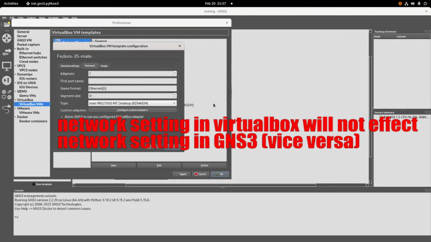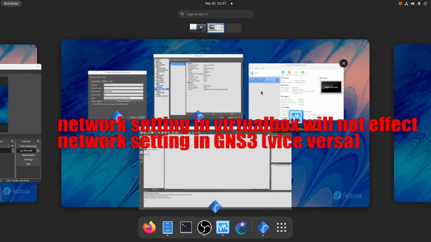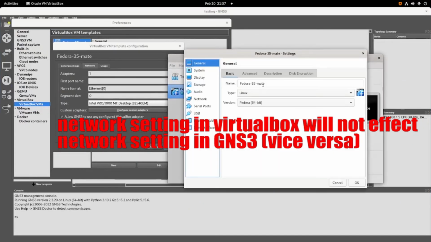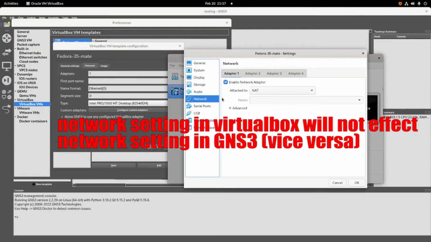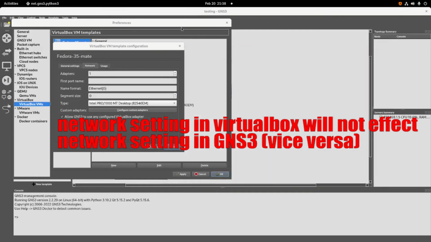So even if you only enable one adapter in the VirtualBox network settings, you can still add more than one adapter in GNS3.